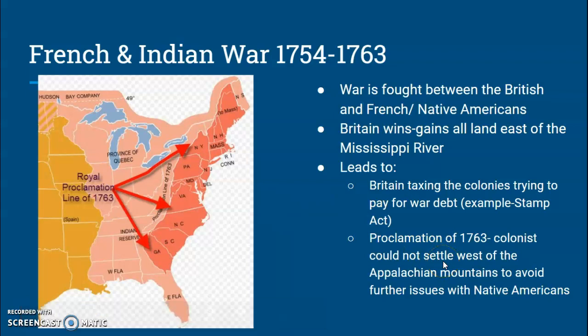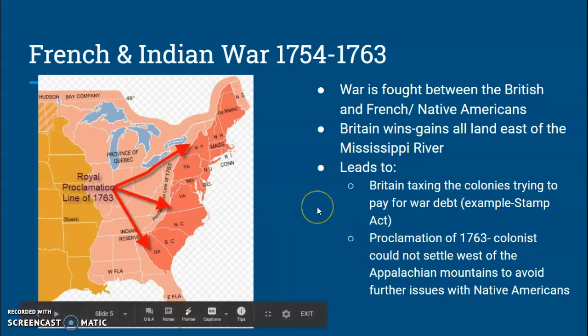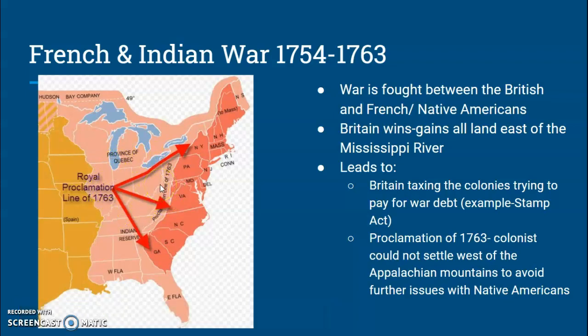And the reason for this is that the British just fought the war to protect colonists. If colonists keep pushing into this new open area like the Ohio River Valley, which would be in this area right here, there's going to be more problems with Native Americans, which then would lead to Britain having to spend more money to protect the colonists. To prevent that, they passed this proclamation line. They're going to force British colonists who are settling in this area back towards the coast.